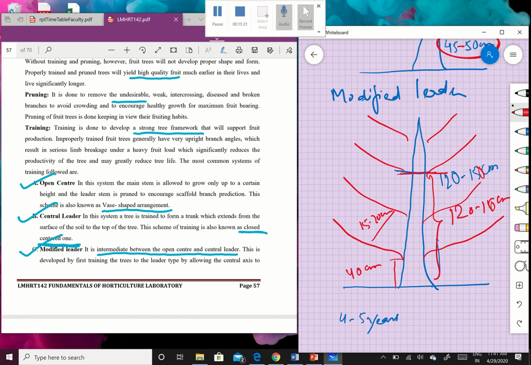Then the first shoot we are going to keep at 40 centimeter from the ground level, then subsequent branches at 15 to 20 centimeter. Because of this, we maintain a proper shape and size, and proper interception of sunlight will be there for all the branches, which will make all the branches productive. Then we can regulate the intercultural practices, harvesting, and spraying of pesticide, insecticide, etc. So this is the